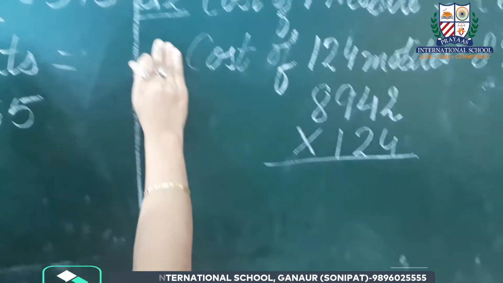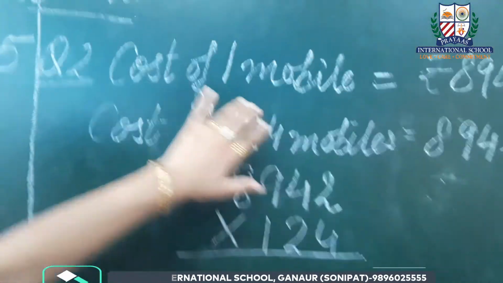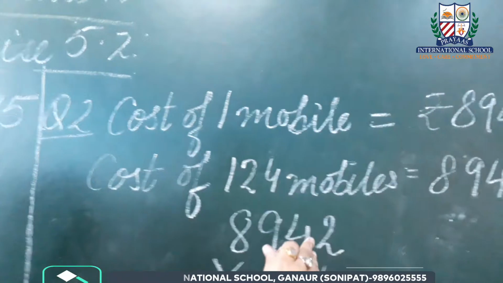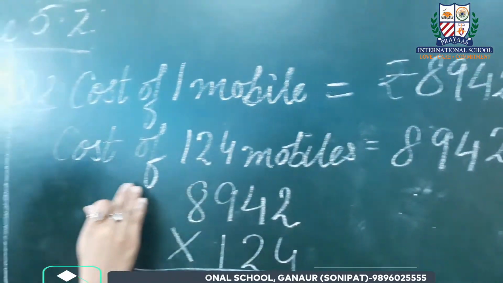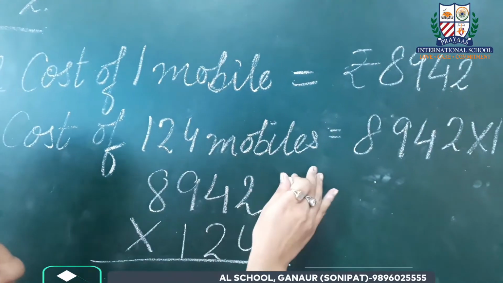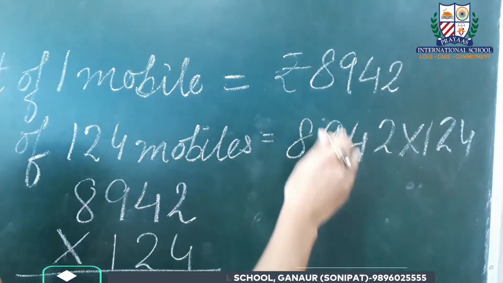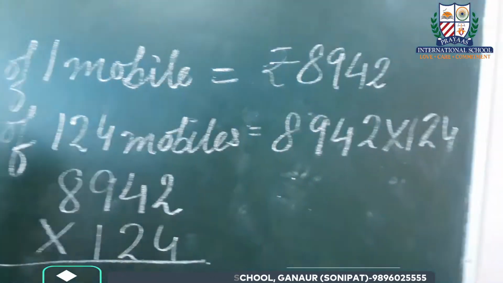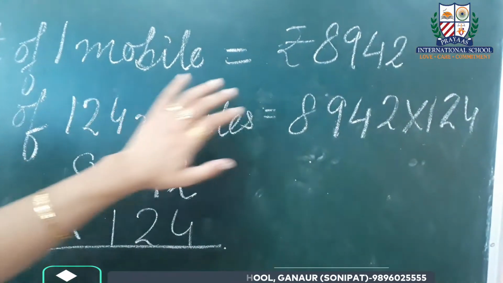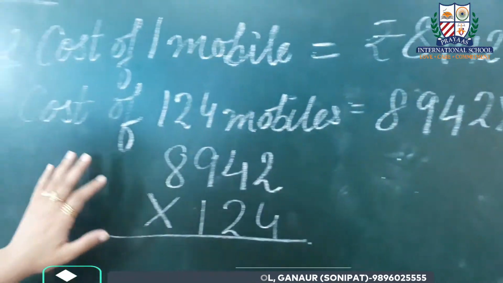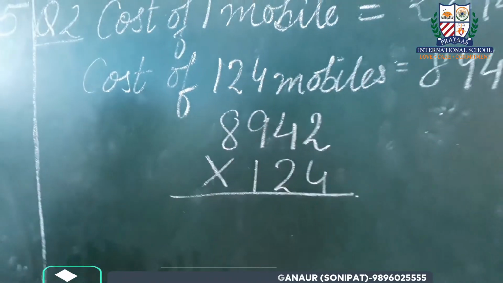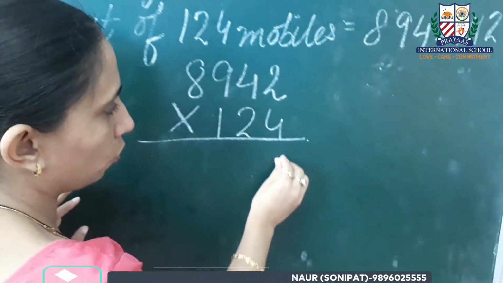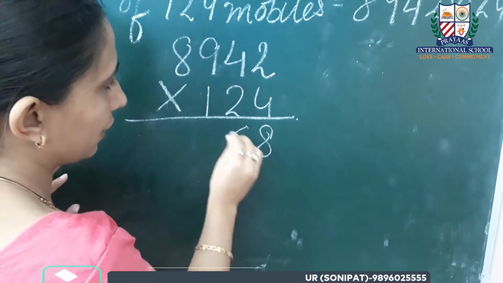Now in question number 2, they have given the cost of one mobile. So the cost of one mobile is rupees 8,942. They have asked the cost of 124 mobiles. So we will multiply it by 124. It is said that the cost of one mobile is 8,942, so what will be the cost of 124 mobiles, multiply it by 124. Now we will multiply. 4 2s are 8, 4 4s are 16,